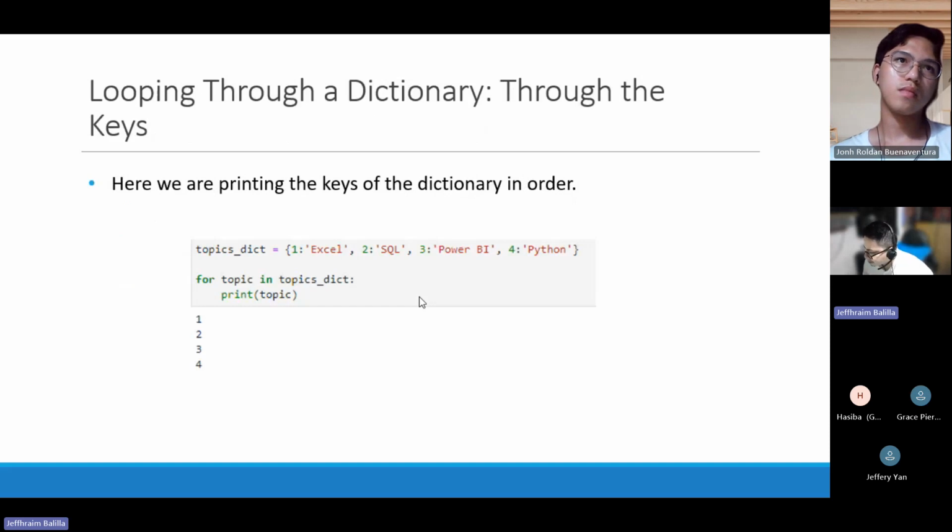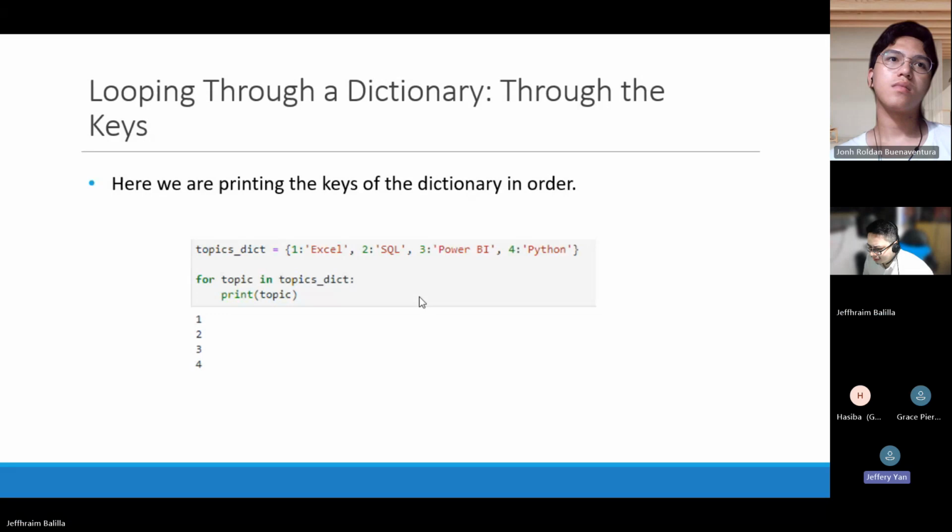Here, as you can see, we are printing the keys of a dictionary, which is not that different from what we did with a list. So it gives us a question: how then will we be able to loop through the values instead of just the keys? And can you remember something that would allow us to access the values?